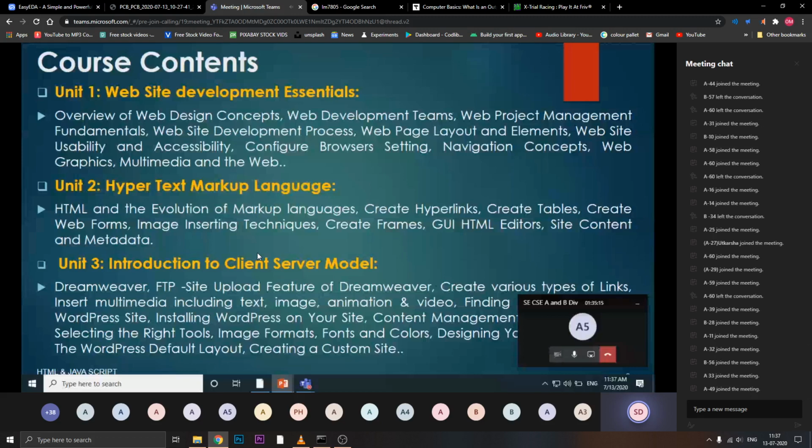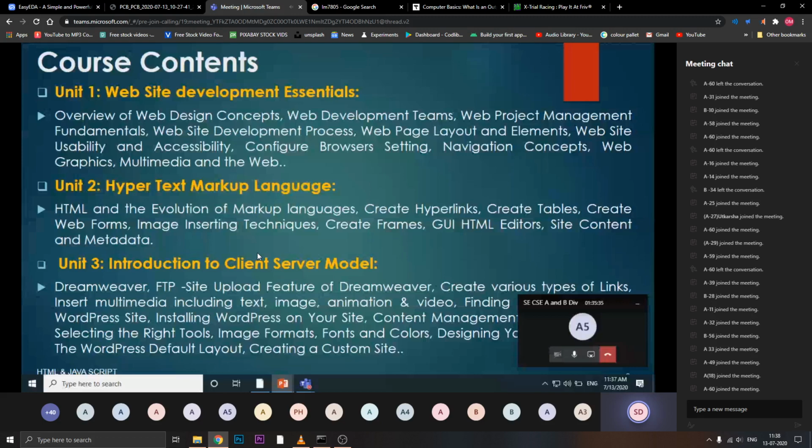So first unit is website development essentials. In this unit we are going to see, as this subject is used for website development, the basics of website development you are going to study in this subject. Here the basics of website development, what contents are essential, what contents are necessary for website development.